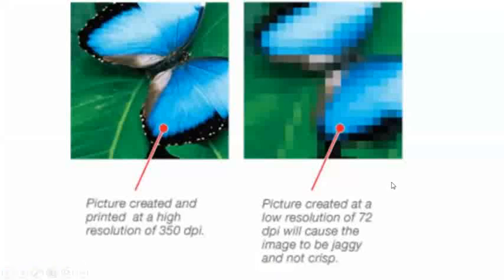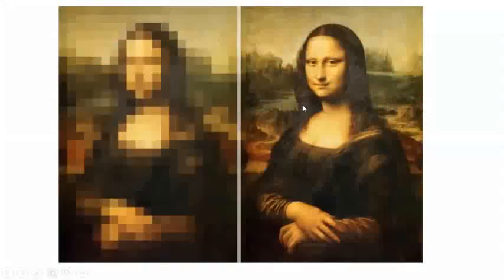Let me show you one more example of this. You can see the famous painting of the Mona Lisa, right? When I see the same image on my mobile phone, it's very clear. But when I transfer the same image to the computer, it becomes blurry when I zoom it. The reason is that the screen size of my laptop or computer is larger than my mobile phone. Yes, Karanveer?